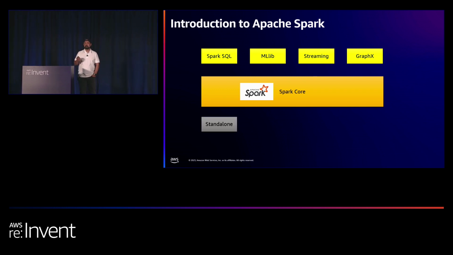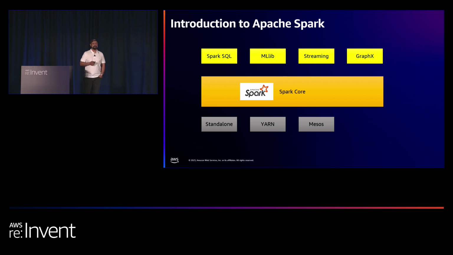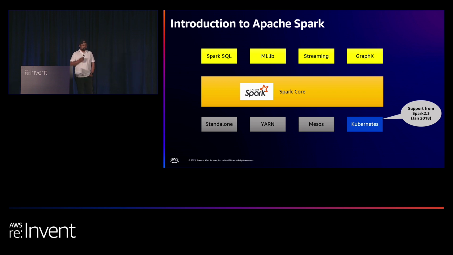You can run Spark on your standalone machine, such as your Mac or Windows machine, but mainly to write your scripts and to process small sets of data. However, if you want to process terabytes and petabytes of data, you need to use a resource manager such as YARN or Mesos. But in 2018, the Spark community added support for Kubernetes as a resource manager, which means you can run your Spark jobs on Kubernetes in a distributed manner, and Kubernetes acts as a resource manager.